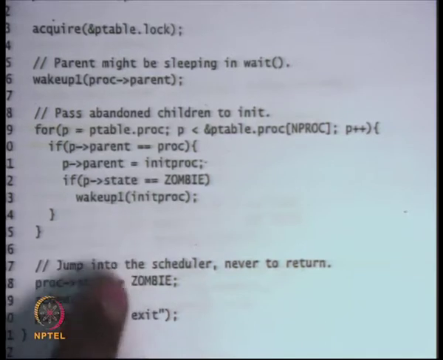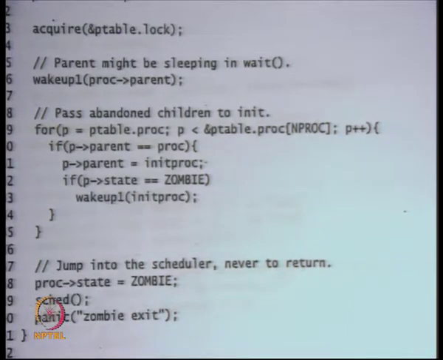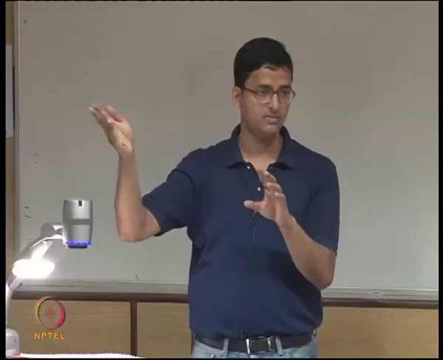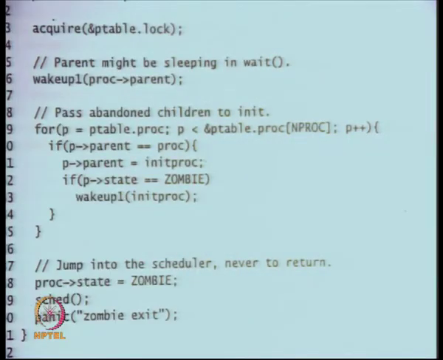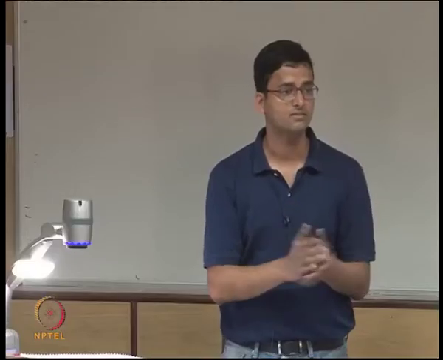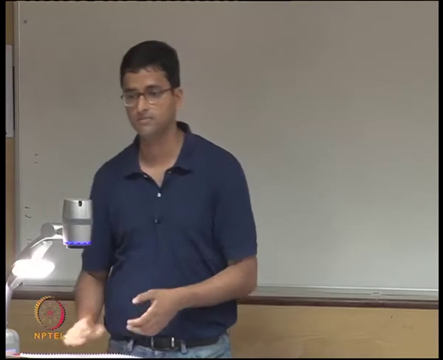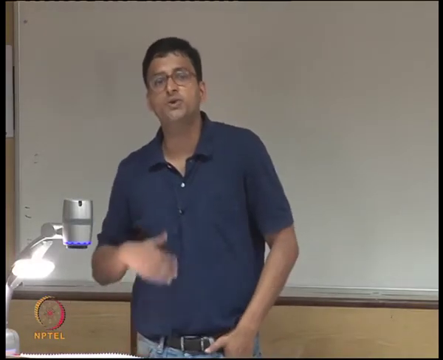Now you only change your state to ZOMBIE, and when the other process gets loaded, you are off the CPU and can be deallocated. Similarly, the kernel stack cannot be deallocated because this entire function is executing off that kernel stack. It's the parent who will deallocate the kernel stack when it returns. But we can deallocate the user side of the page table.